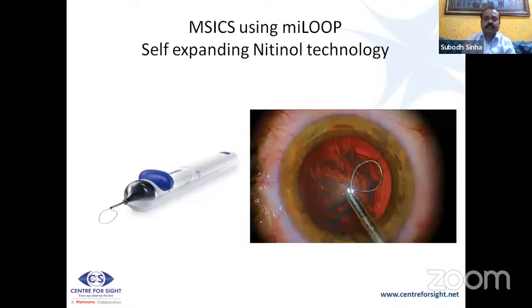So now a new technique has been introduced, that is the Miloop technique. Here this is a nitinol thread which can be used to divide the nucleus inside the bag itself. You introduce this into the anterior chamber and go behind the rhexis margin, and since it is self-expandable, you can easily expand this, and this goes behind the nucleus itself. Then you can retract this